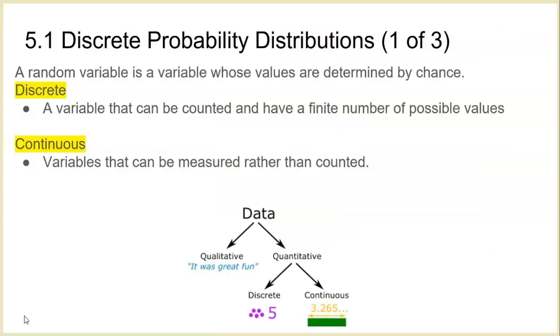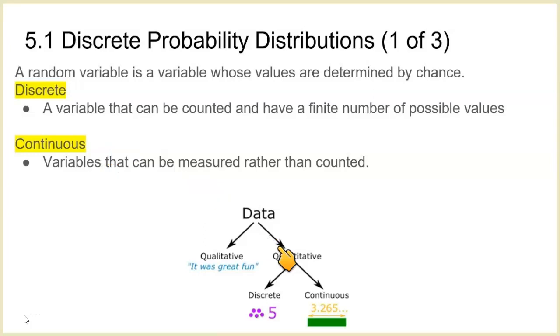So let's look at a random variable, which is just any variable whose value is determined by chance. And there's two different types of random variables we discuss in Unit 3. In Chapter 5, we only look at discrete random variables. And from a previous unit, I believe Unit 1, we talked about what a discrete value was, and that's any variable or any value that can be counted and has a finite number of possible values. And a continuous random variable we'll talk about in Chapter 6 is any variable that can be measured rather than